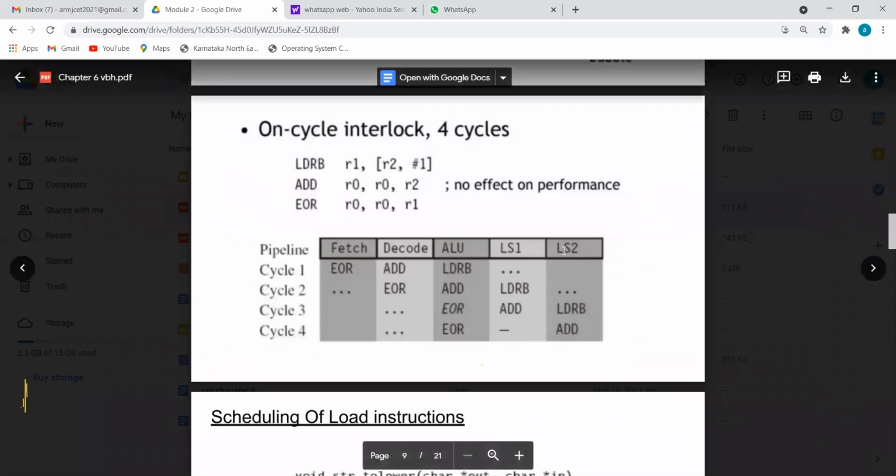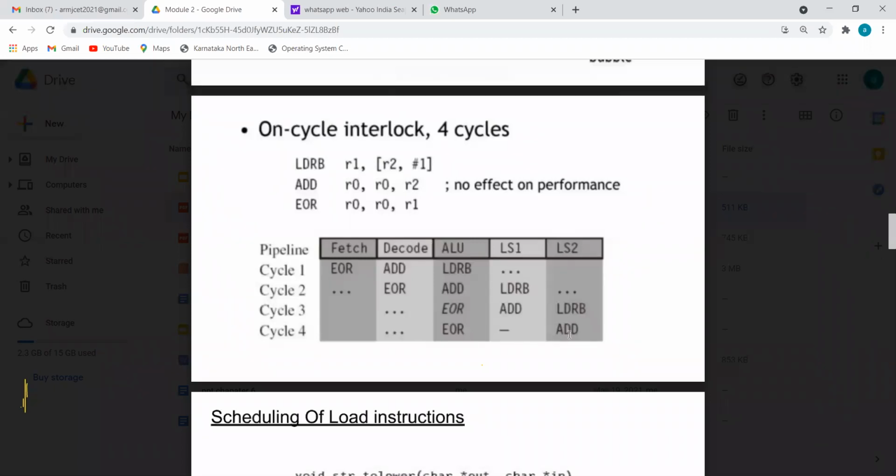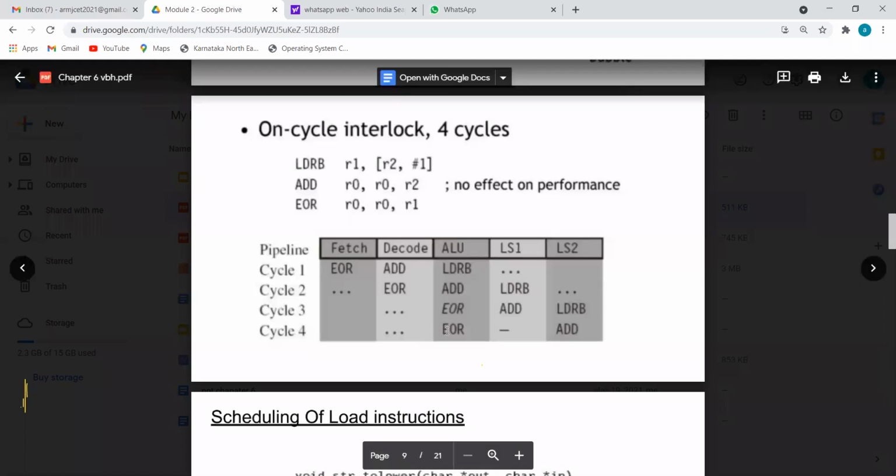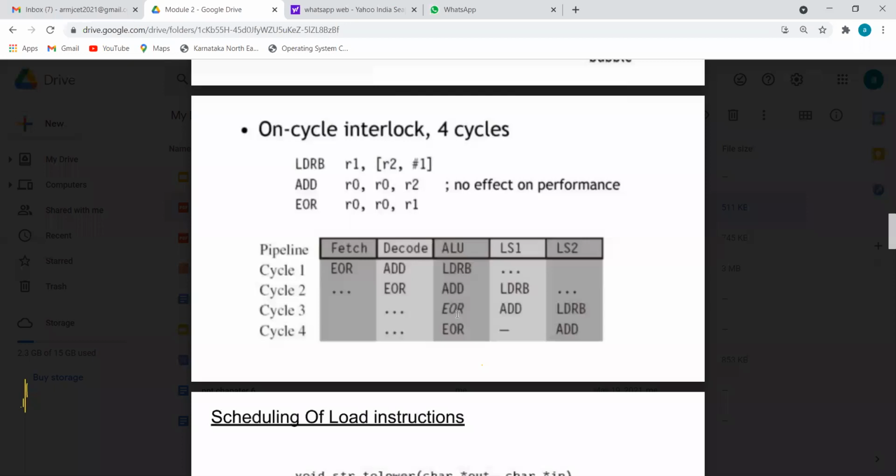So now at the start of LS2, at the time of cycle 4, ALU will execute the previous XOR. It is not a new XOR, it's the same XOR, because at this stage the stored value of R0 and the already stored value of R1 both are used and executed. So you can expect this question in your examination, particularly this. I repeat one more time.